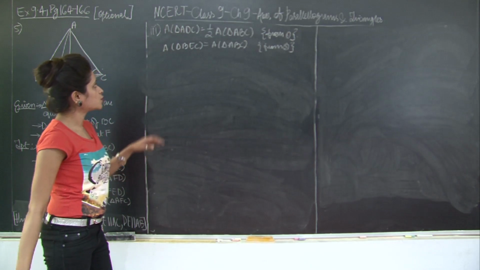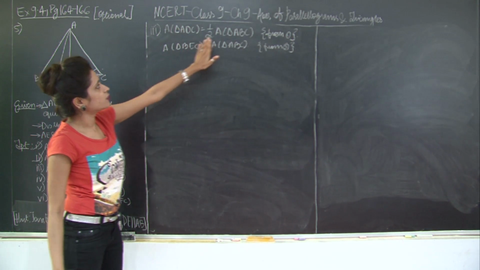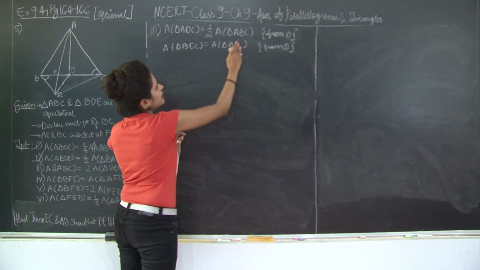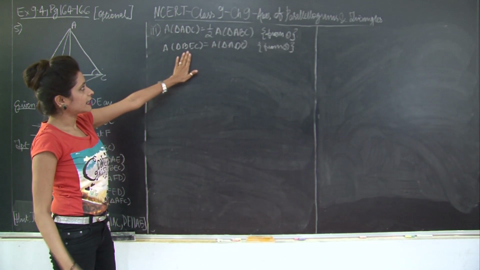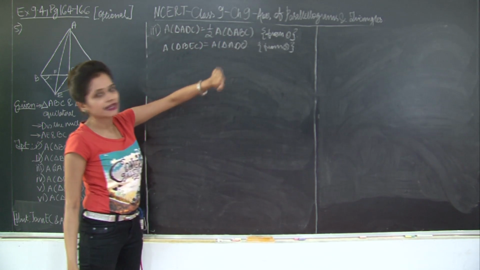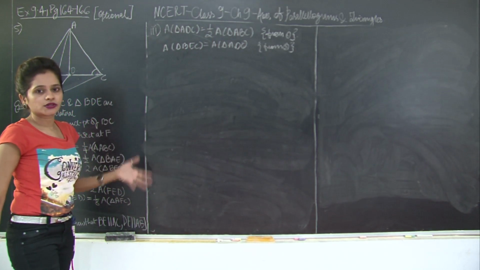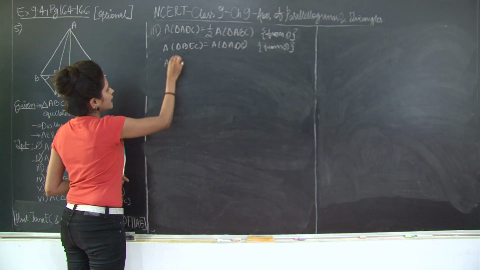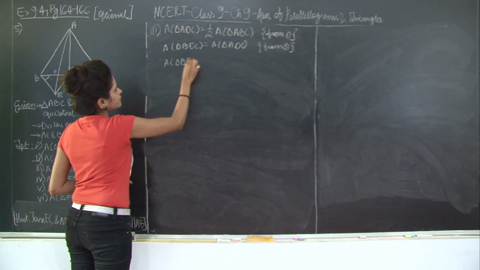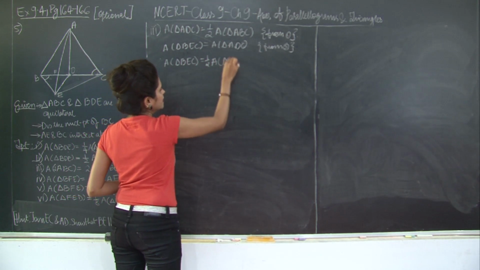Therefore, what do you get from 2 and 3? You get from 2 and 3 that area of triangle BEC is equal to half area of triangle ADC. From 2 and 3 you get area of triangle BEC is half area of triangle ABC. Why? Because these two are equal, right? Equals that are equal to the same thing are equal to each other. Therefore, I get area of triangle BEC is equal to half area of triangle ABC